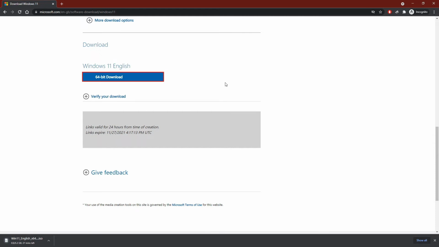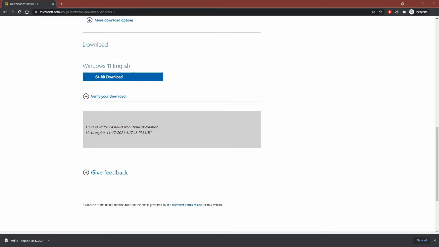It's around 5 gigs, so depending on your connection, it can take some time. So go ahead and do something else. Have some time off screen. I'll fast forward this so you don't have to sit here like me staring into the abyss waiting for the download to complete. Okay, the download is complete.